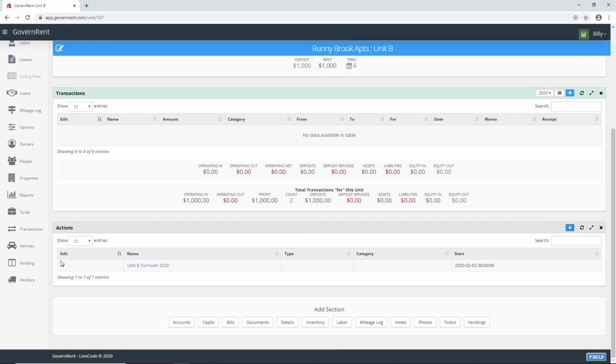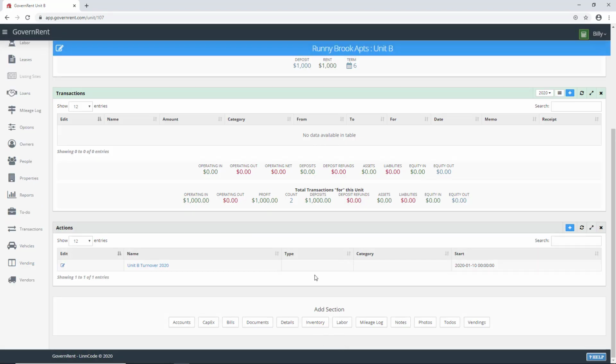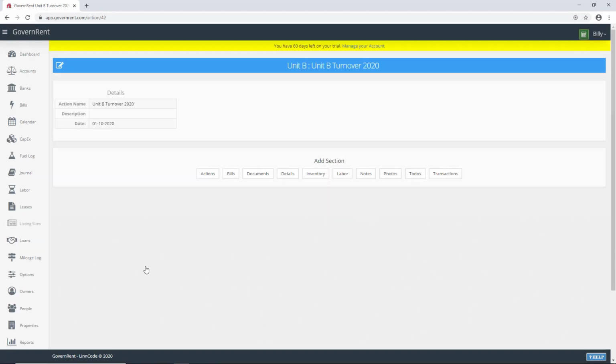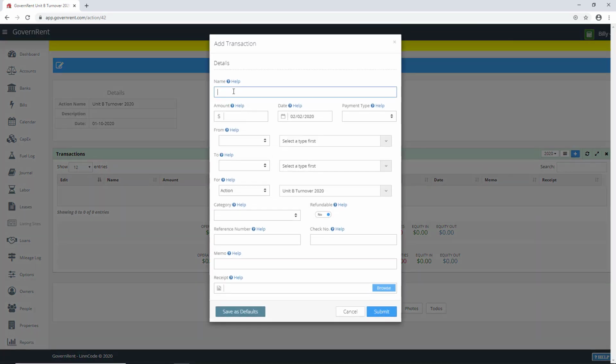And actually I didn't change the date, which I want to do. I want to mark that January. Maybe we started it on the 10th. Okay, so it created an action, and we can click on the name, and again it goes to a new page. This is Unit B, the action for Unit B. We can go add a transaction section,